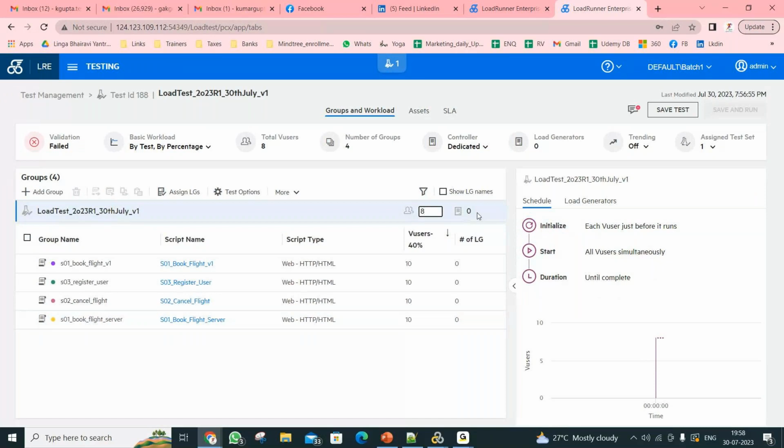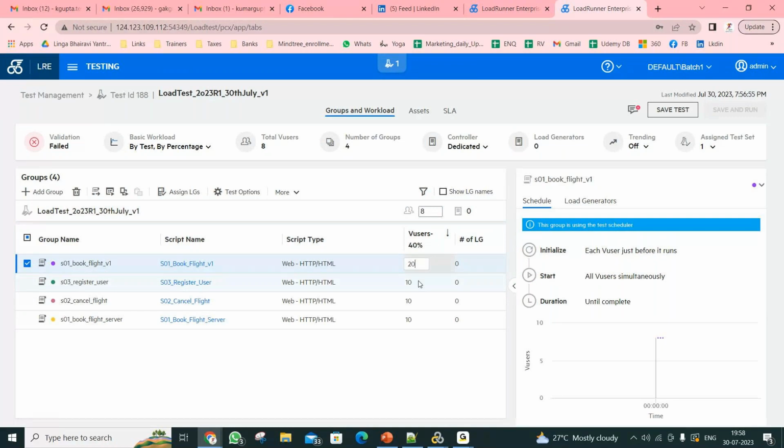So hang on guys, number of virtual users. Oh, the percentage wise it is saying. Okay, the percentage wise it is showing. So this is 10%, 10%, 10%. Rather than 10%, I will say this as 20%. Okay, so this has 20%. This is percentage guys, and it's not number of virtual users. It is 20%. Okay, this is 20%,